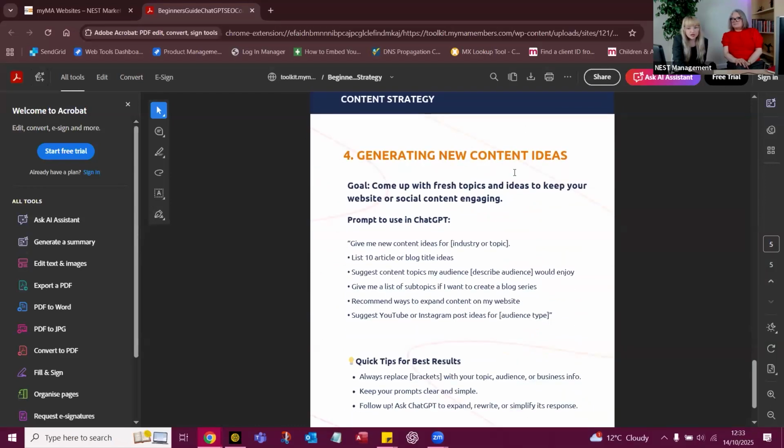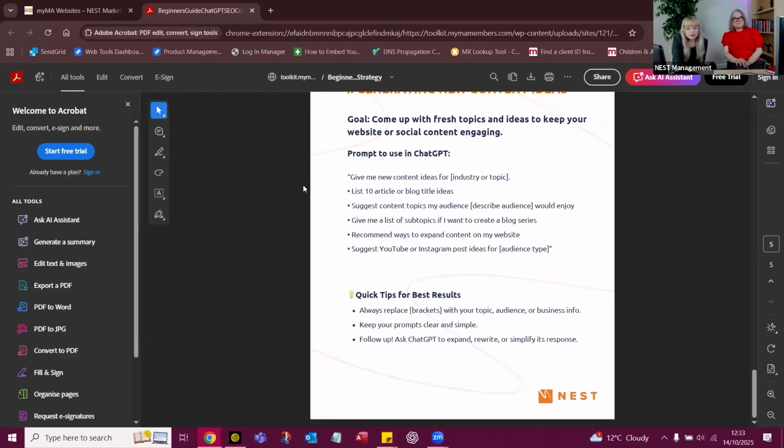We've also got generating new content ideas. So we can come up with fresh topics and ideas to keep your website or social content engaging. That will give you some really nice content ideas for your specific topic, your specific industry. It will give you some blog title ideas. It will give you some content topics that your audience would enjoy, which is a really good one,